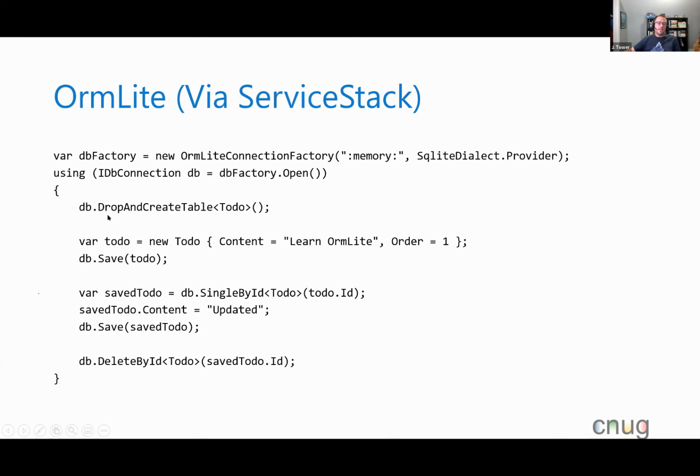And then they've got some extension methods that they've added to the IDbConnection interface, like DropAndCreateTable, where you can say, create me a table for to-dos and drop it if it already exists. Obviously, that one's a little dangerous. If you're running against your production environment, you might want to make sure you're only doing that in your local development environment. You can also do things like creating an object with properties and then telling it to save that